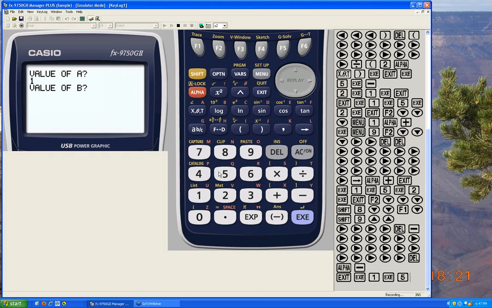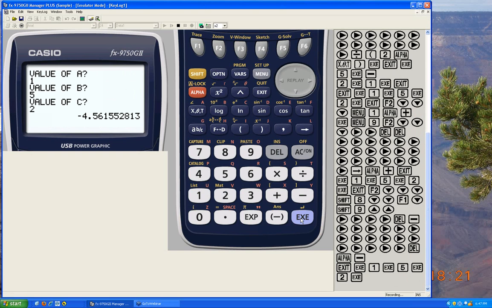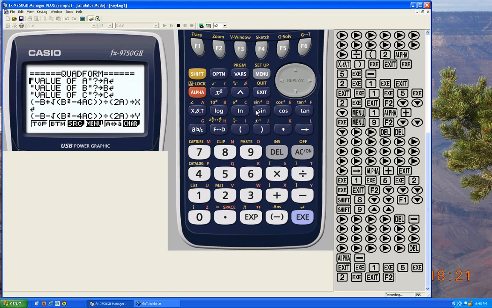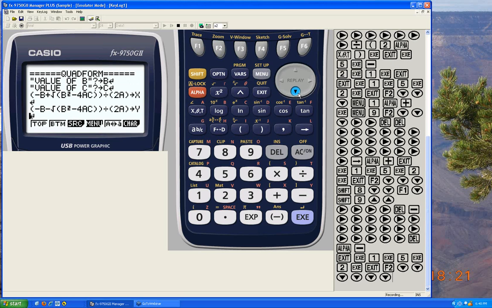A is 1, B is 5, and C is 2. And now we definitely get a different answer than we did last time. The problem is that we're not seeing both roots. And we would like to see both roots. So this is where we have to tell the calculator to output certain things. Otherwise, it's just going to spit out the last thing that was calculated in our program. So let's go back and edit our program again. And this time, move down to the bottom of the program,